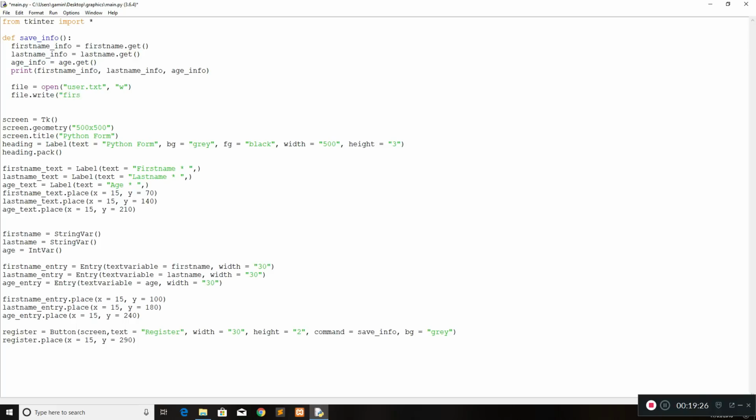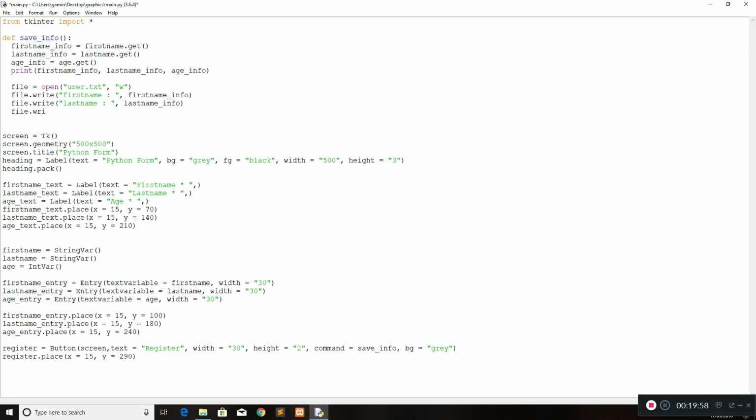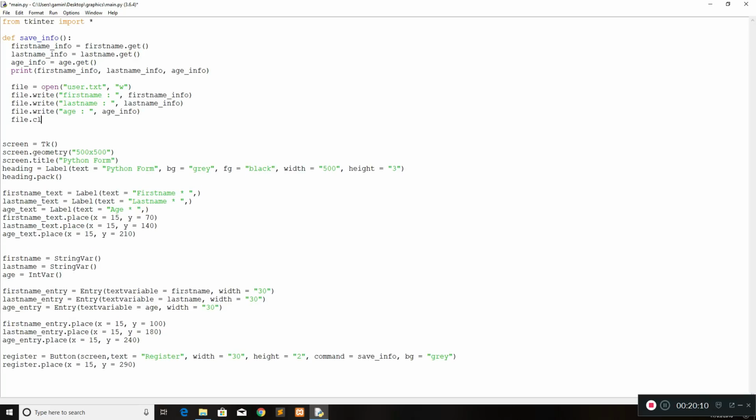So we're going to say first name, comma, first name info, and then we're going to close that. Then we're going to write again to the file, last name. I'm keeping it in separate lines so you don't get confused. Last name info. Okay, and then we're going to write again with the age. So we're going to do the age to be the age info. Okay, and then finally what we're going to do is file.close